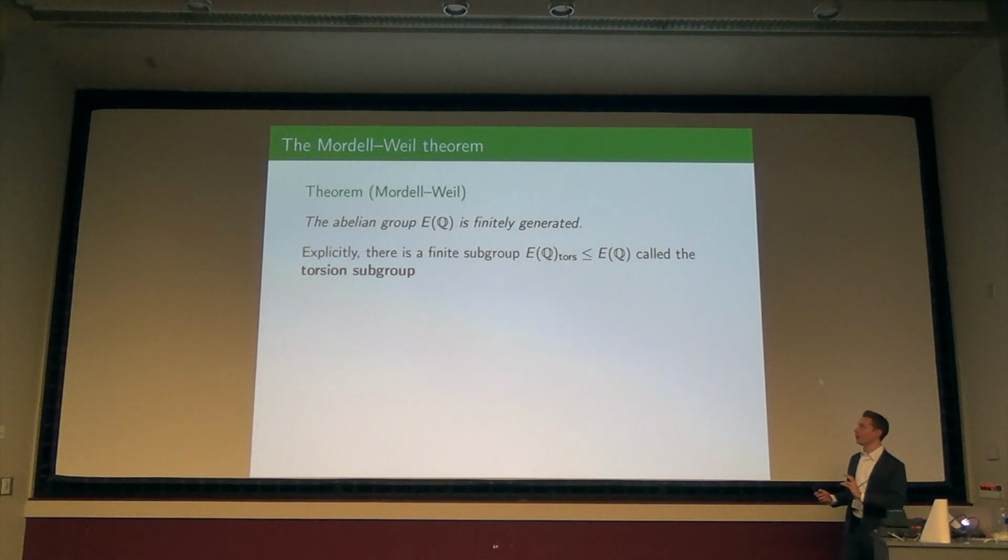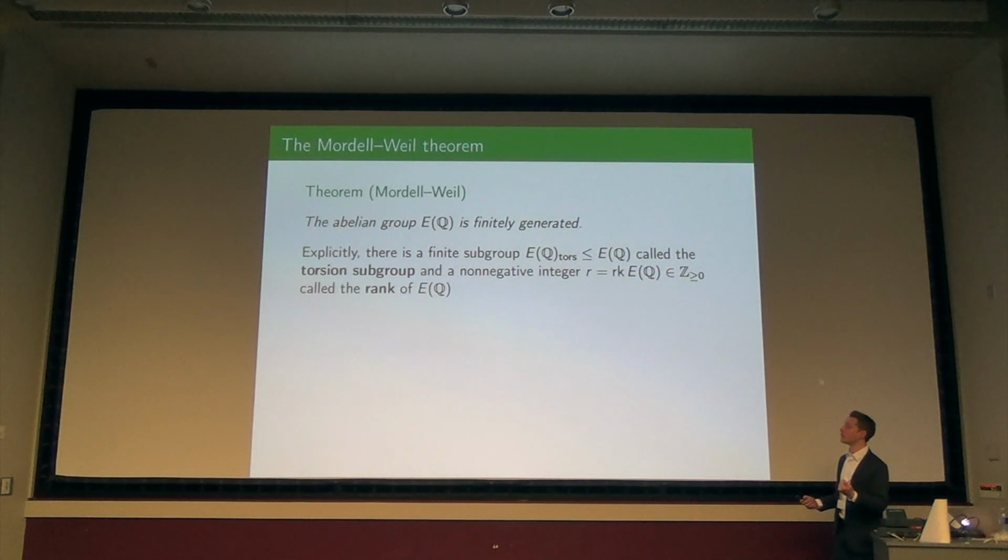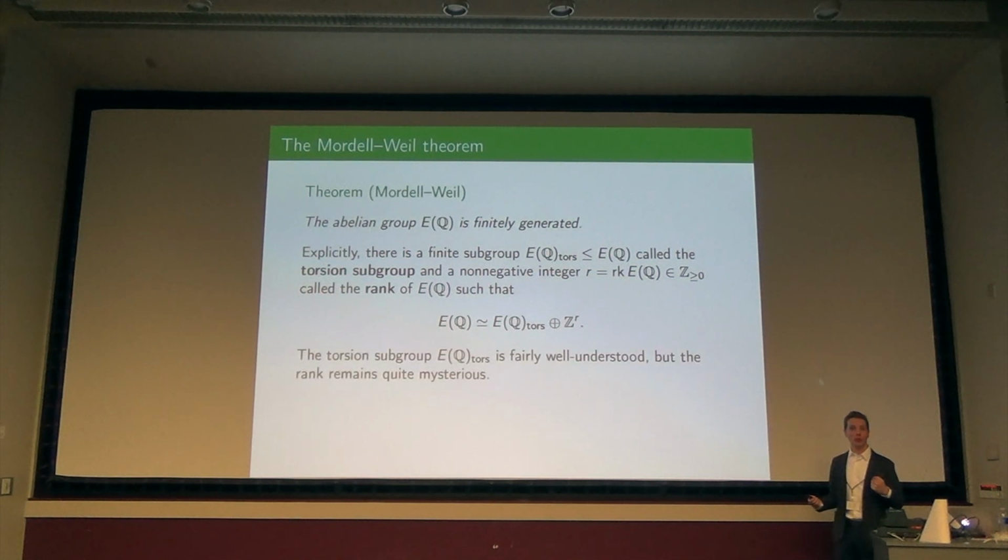Okay? But let me make this really explicit. There's a finite subgroup, some finite abelian group, called the torsion subgroup, and some non-negative integer r, which is called the rank of the abelian group. In this case, the abelian group is E of Q, in such a way that it is the torsion part, so these would be the elements of finite order, like Z mod 2 plus Z mod 3 plus Z mod something like that, and then some number of copies of Z, so those points have infinite order. And the r just tells me how many of those copies of Z there are in my finitely generated abelian group.